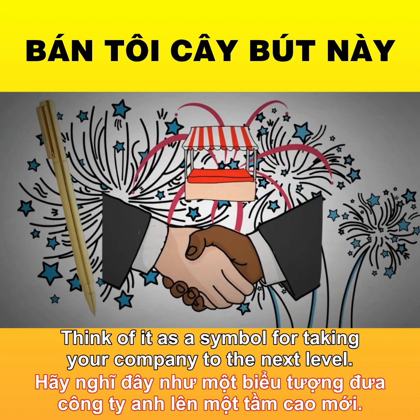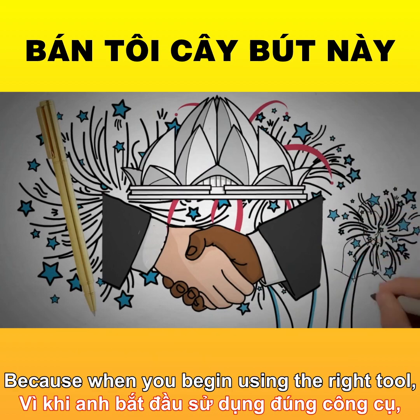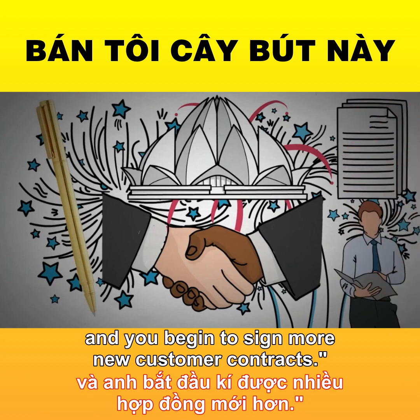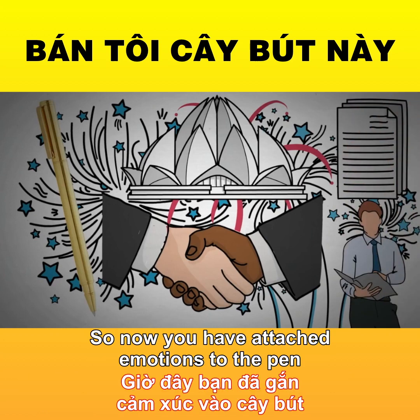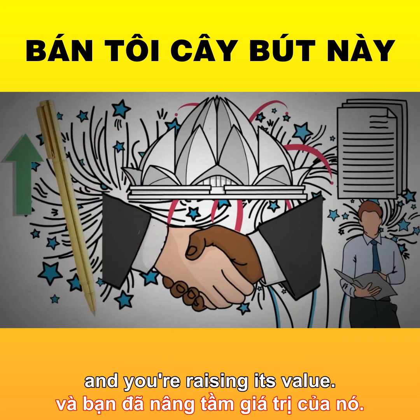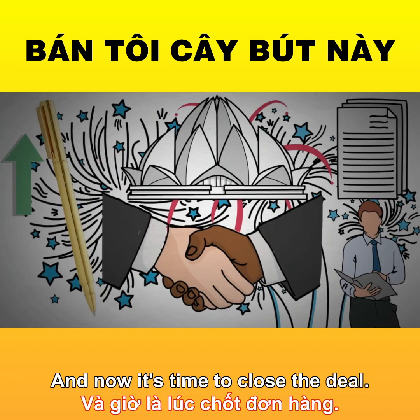Think of it as a symbol for taking your company to the next level, because when you begin using the right tool, you're in a more productive state of mind and you begin to sign more new customer contracts. So now you have attached emotions to the pen and you're raising its value. You've now displayed the third skill, which is how well you deliver information, and now it's time to close the